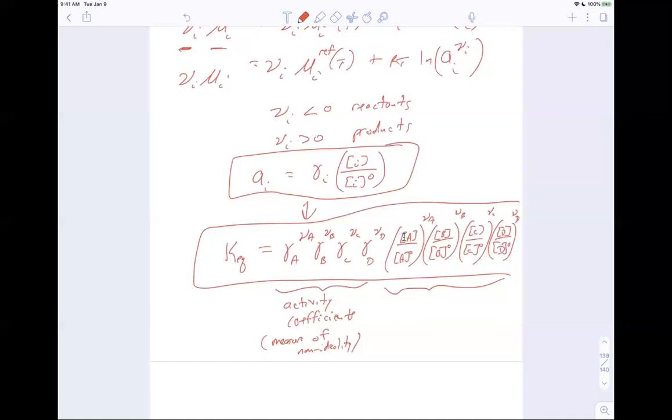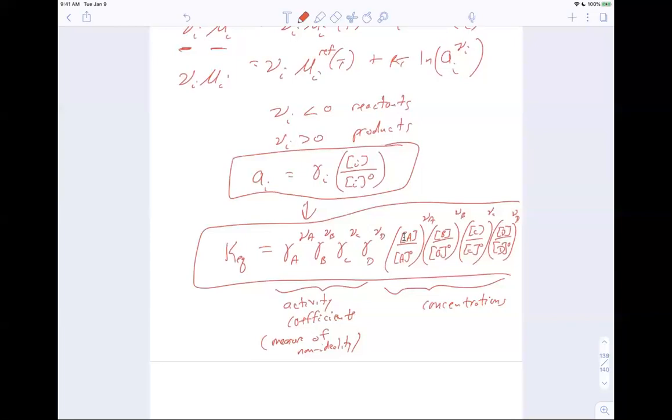There's something that pre-multiplies all of these, either a product or a ratio of all of the concentrations. And what's pre-multiplying the concentrations is all of this non-ideality, the factors that will introduce and quantify the non-ideality of the system. You haven't seen them, or you weren't told about them, because the approximation that was made